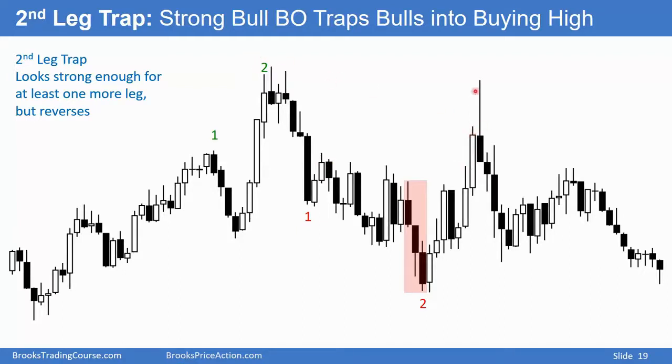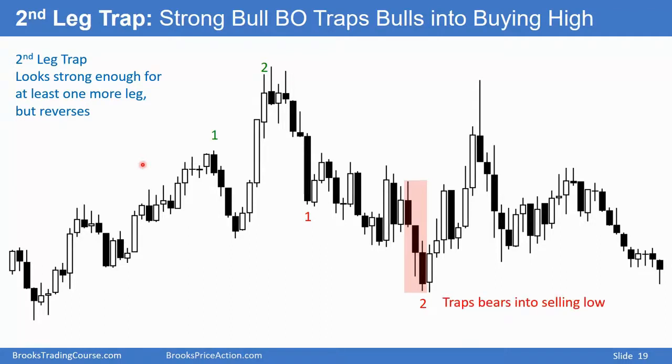And the beginners buy here or they buy up here. They sell down here, hoping for the breakout, ignoring the reality that 80% of trading range breakout attempts fail, no matter how strong they are. And very often, the second leg is especially strong, looking like it's going to result in a breakout, but it does not.